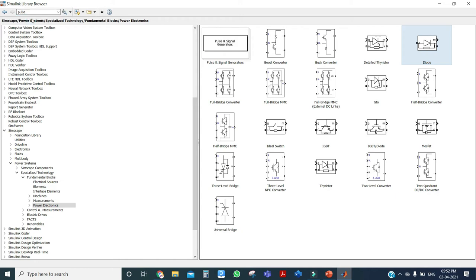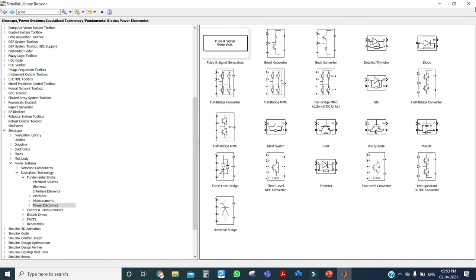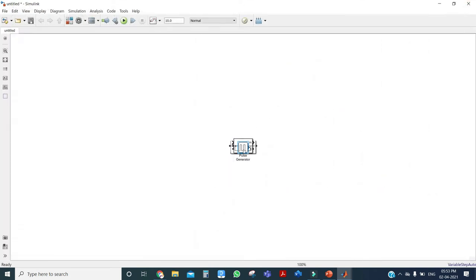So I am taking the pulse generator to the model. So everything is added to the model. So just take everything separately.